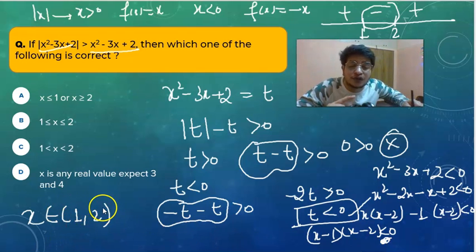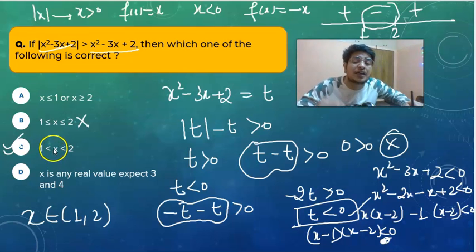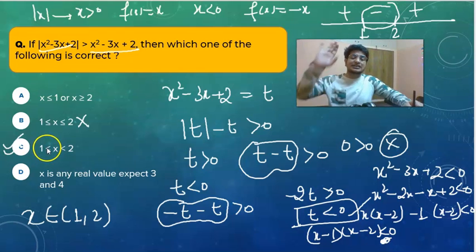And it is less than 0, it doesn't have less than or equal to 0. So we have to take the open bracket, not the close bracket. Close bracket is for less than or equal to 0, but open bracket is for only less than 0. So option C is correct. Option B is also given, but we can't take this value because less than or equal to 0 is given there. So we have to take the less than 0 value. Hope you understand this thing.